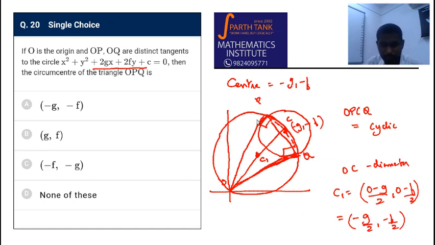See, we calculated it without any calculation of the lines or the perpendicular bisectors or anything like that. Remember the cyclic quadrilateral idea, and that the triangle is circumscribed by that circle. So the diameter, and then this is the center. But the option is not there anywhere, so the actual answer is none of these. Okay.